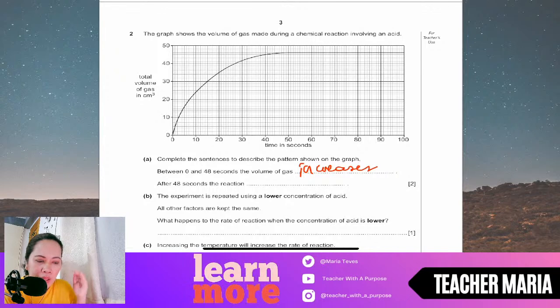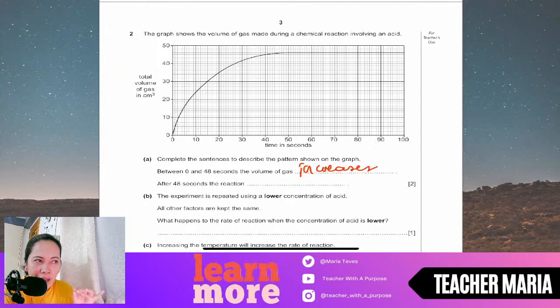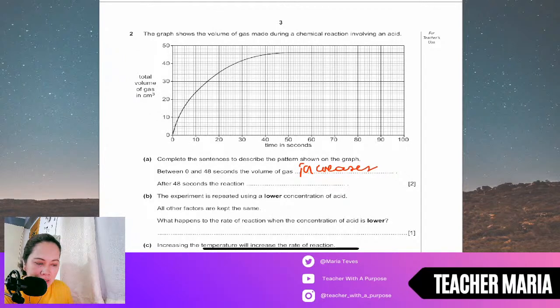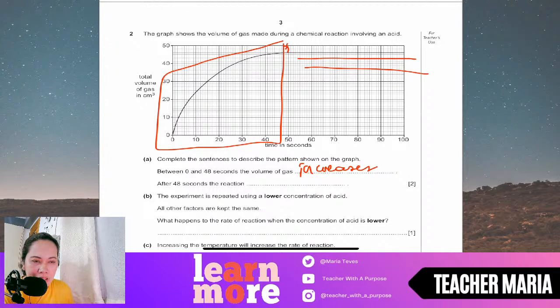All right. The first thing that you have to look into when you have a graph is where it is increasing, where it is constant, and where it's decreasing. So for this case, this part here until 48, that is increasing, and then the remaining parts of the graph